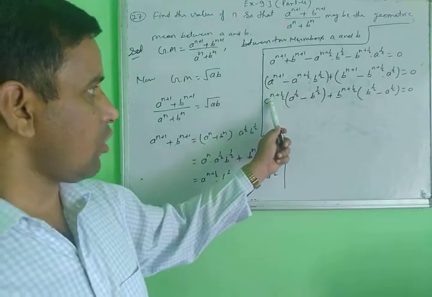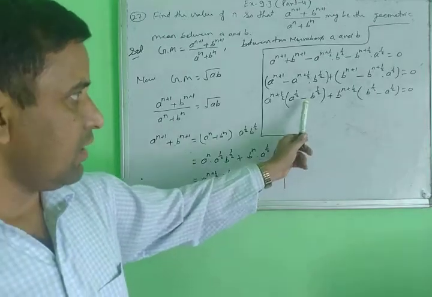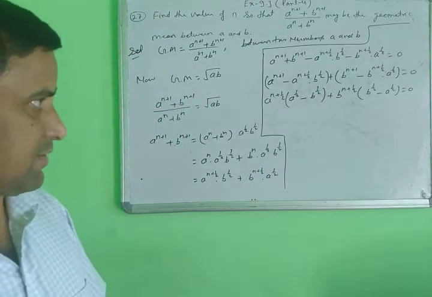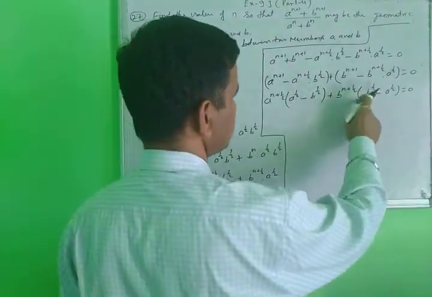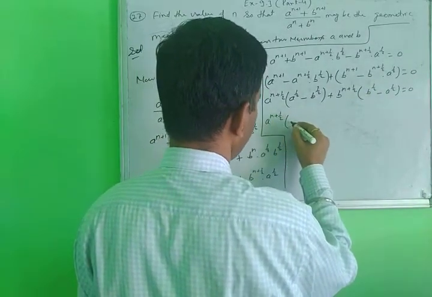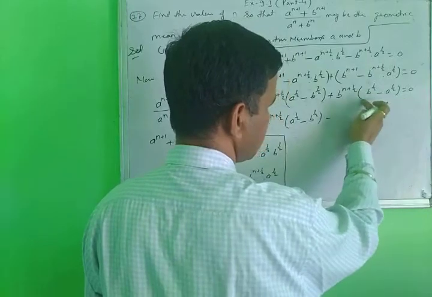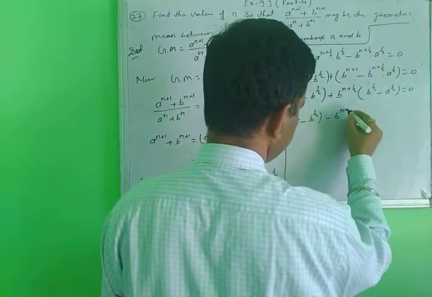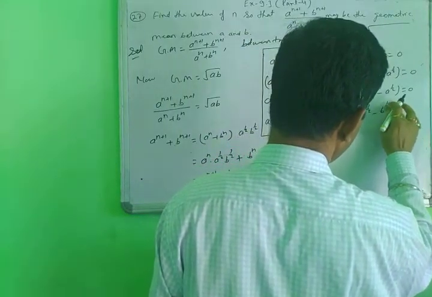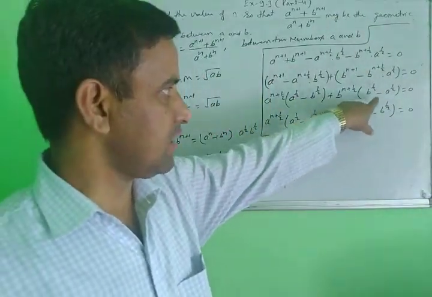So this one taking common. This thing is clear. Again, this is the first term, this is the second term, but this one and this one are again similar. So you convert to the similar form, you change the minus sign here. Then a^(n+1)/2 (a^(1/2) − b^(1/2)), taking the minus sign common here, b^(n+1)/2 you change here (a^(1/2) − b^(1/2)) equal to 0. In this step, I am taking only the minus sign common.